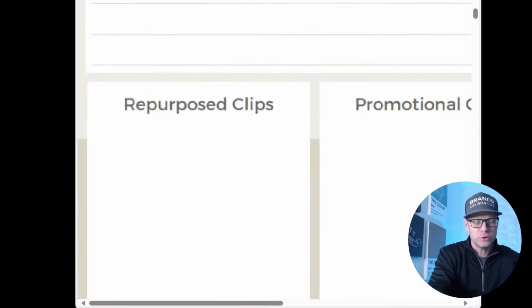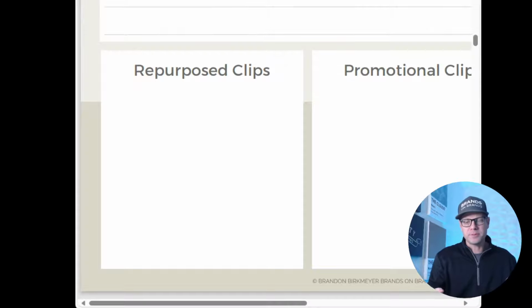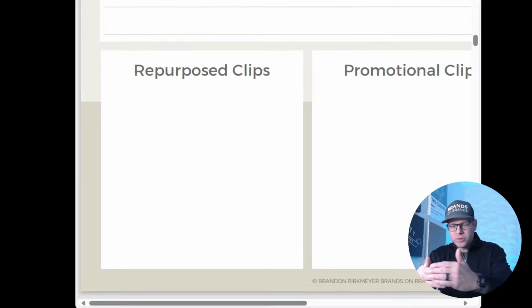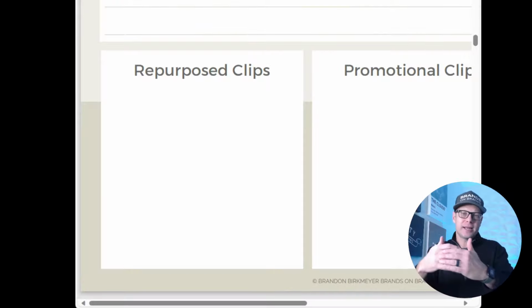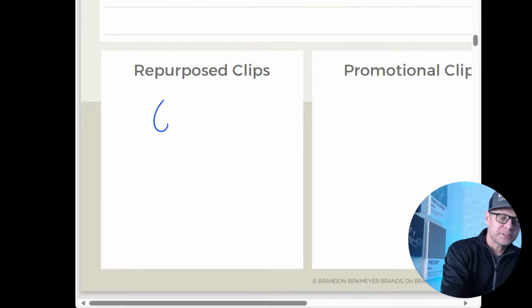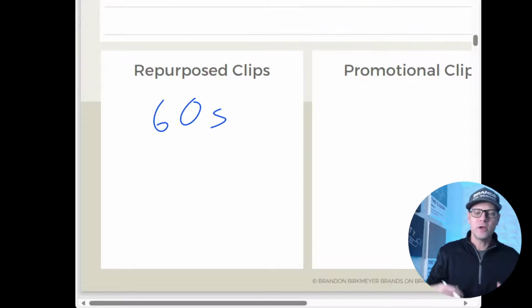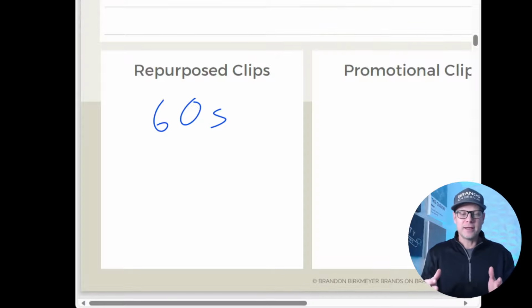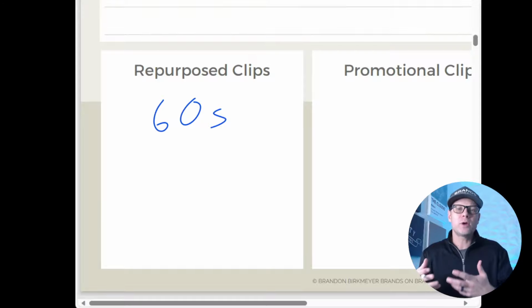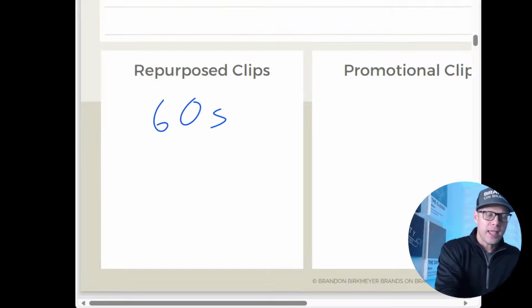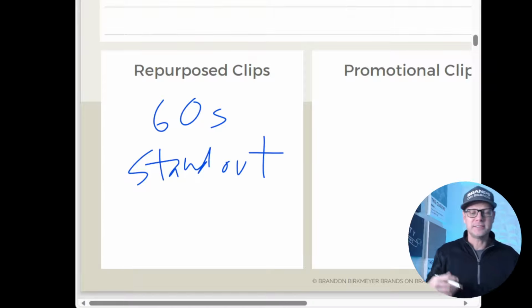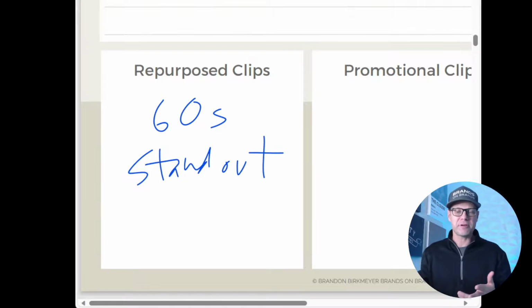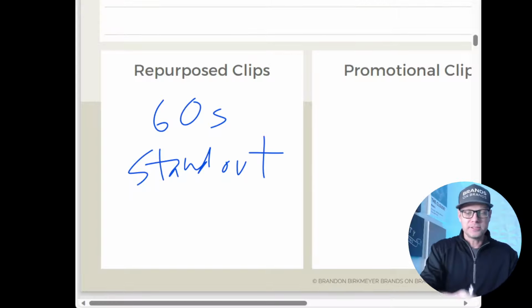And then we're going to jump into repurposed clips. Repurposed clips are going to say what out of those spotlight videos, within that, say, 20 minutes of content, can I cut out as 1-minute clips. So they're going to be 60 seconds or 1 minute or less. And it's a particular train of thought that stands out and that gets you noticed. So find that standout 60-second clip. Usually you'll find 3 or 4 or 5 in a video. So list what those are out, and we're going to look for those.